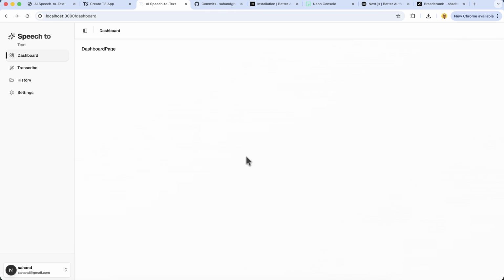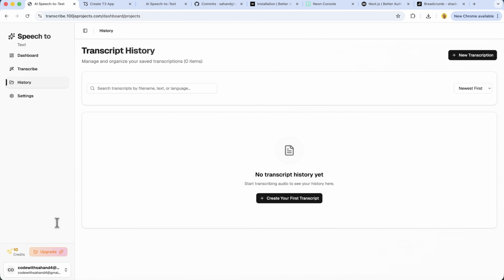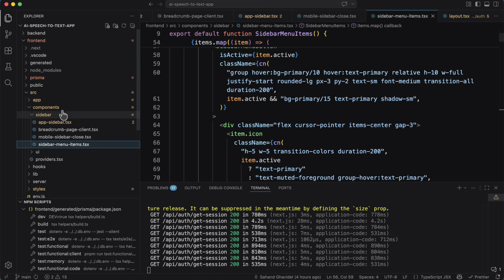In our previous section, we successfully built the sidebar user interface. In this section, we will retrieve the user's credit information and display it in the sidebar footer. The first step is to create functions to retrieve the user's credit information. We'll start by creating a new file named